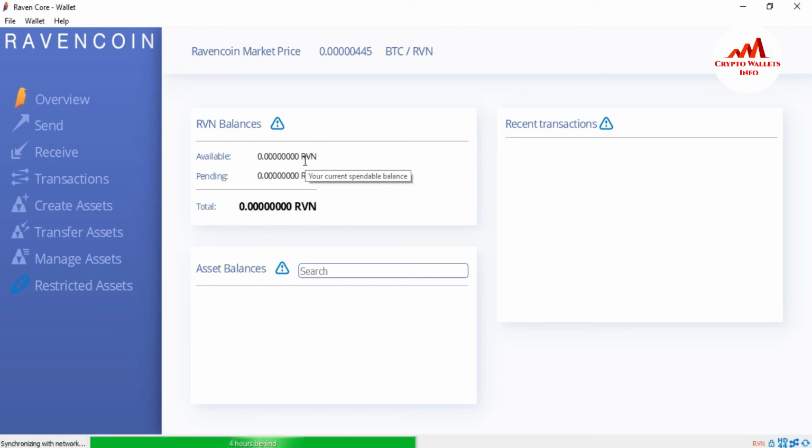So viewers, I hope you properly understand how you can unlock your wallet, and after that how you can import your wallet with a private key. I hope you understand which command you use to unlock the wallet, and which command you use to import the private key of any wallet. You can also use the same scenario with Bitcoin, Dogecoin, and any other core wallet.